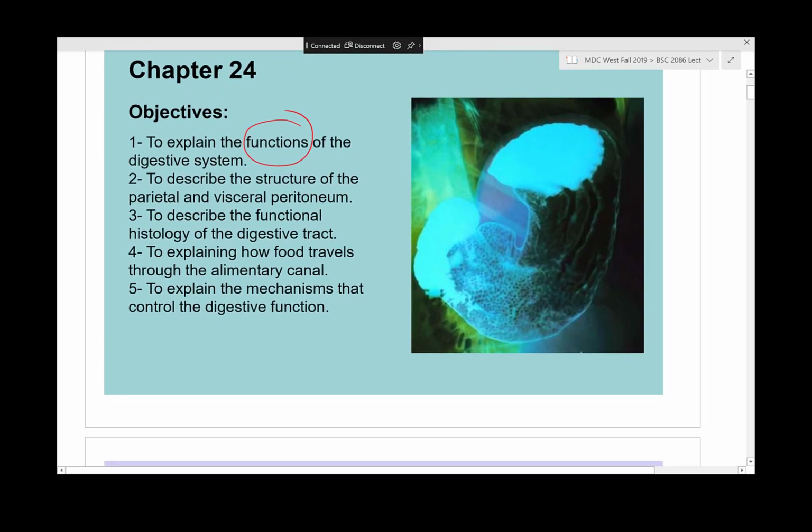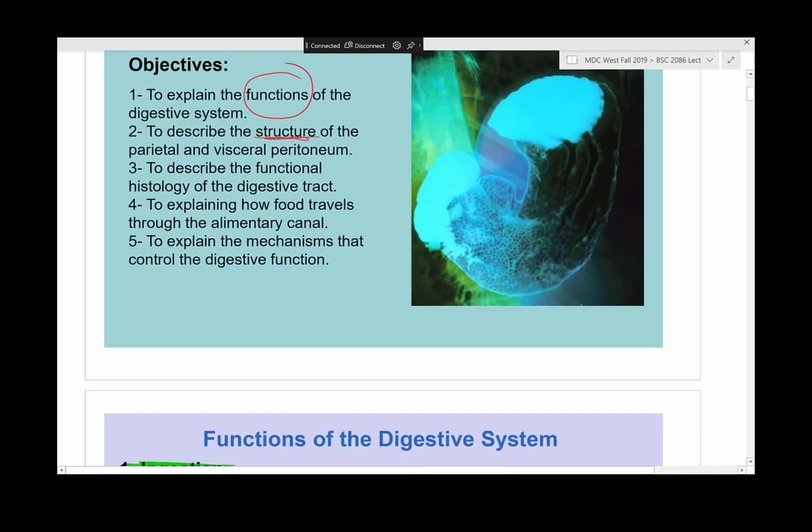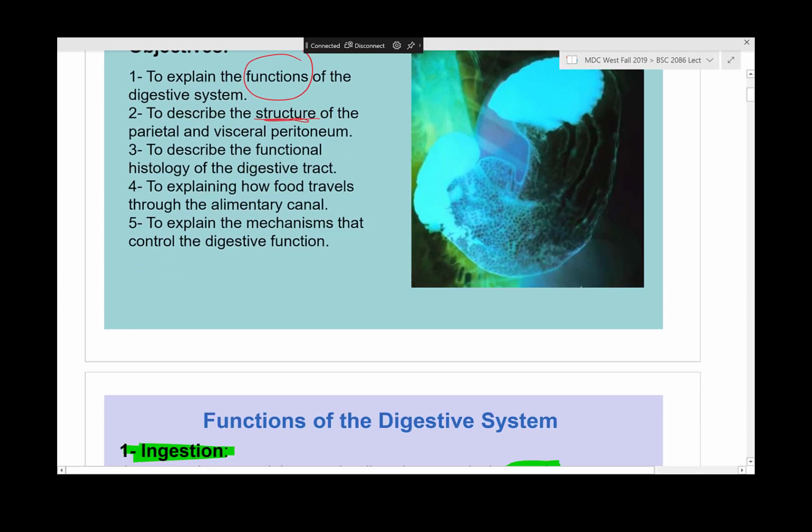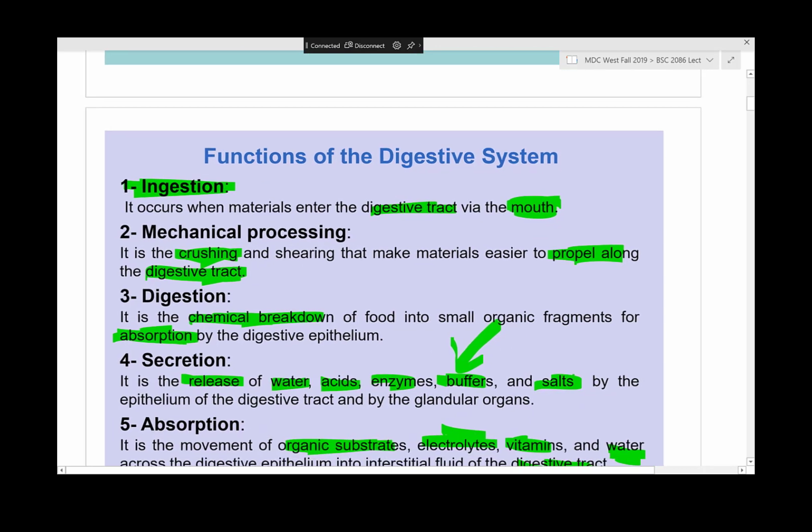We're also going to talk about the different primary and secondary structures that we have. We're going to talk about how food travels through, the process of the food traveling all the way from the mouth to the rectum, which is known as peristalsis. And we're going to explain the different mechanisms and controls that our digestive system has. So the first thing is,